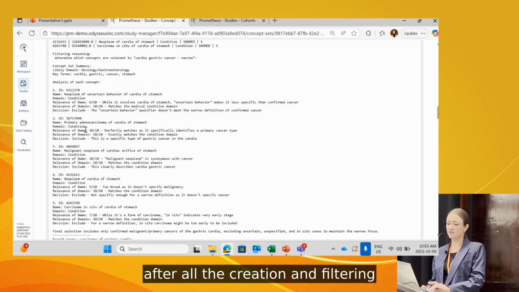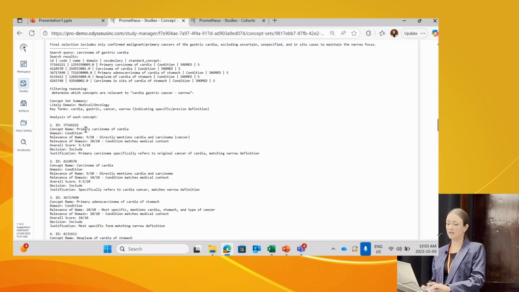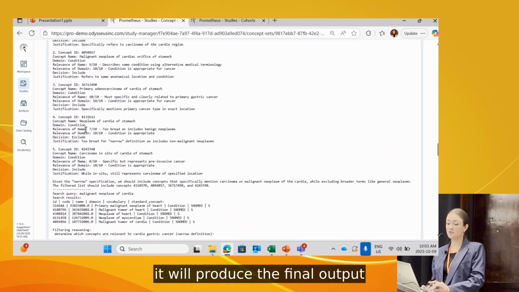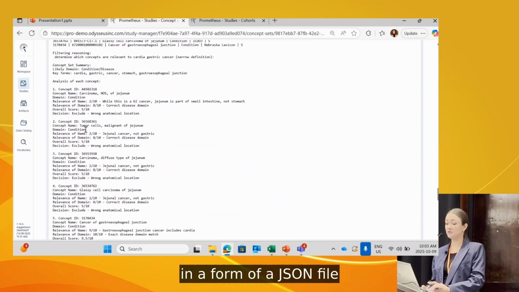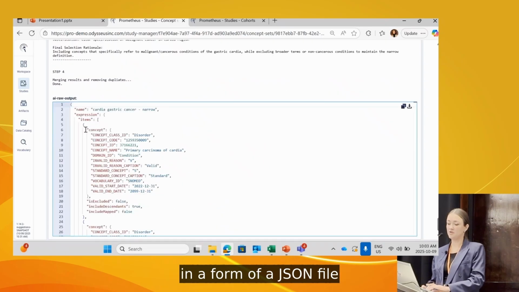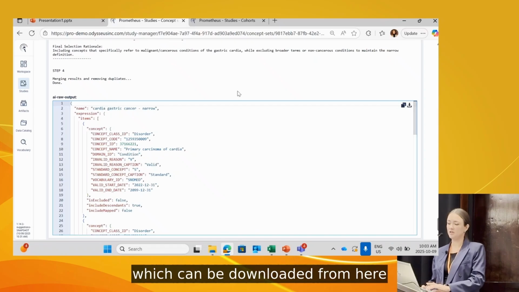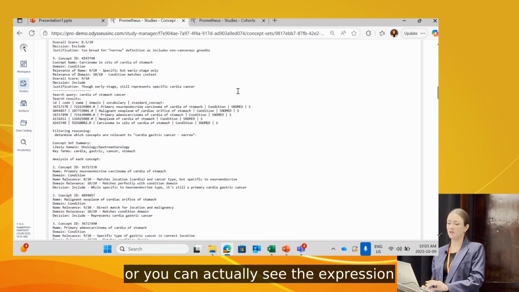As a result, after all the creation and filtering, it will produce the final output in the form of a JSON file, which can be downloaded from here,